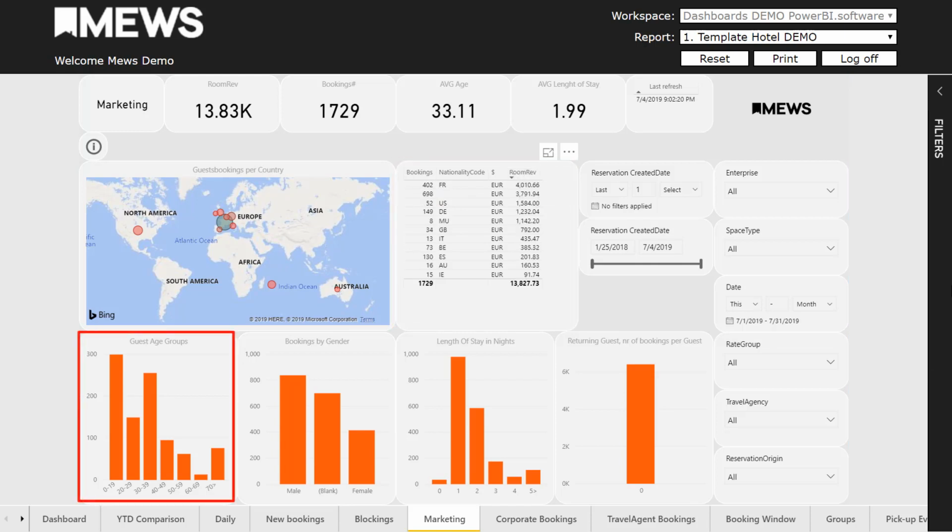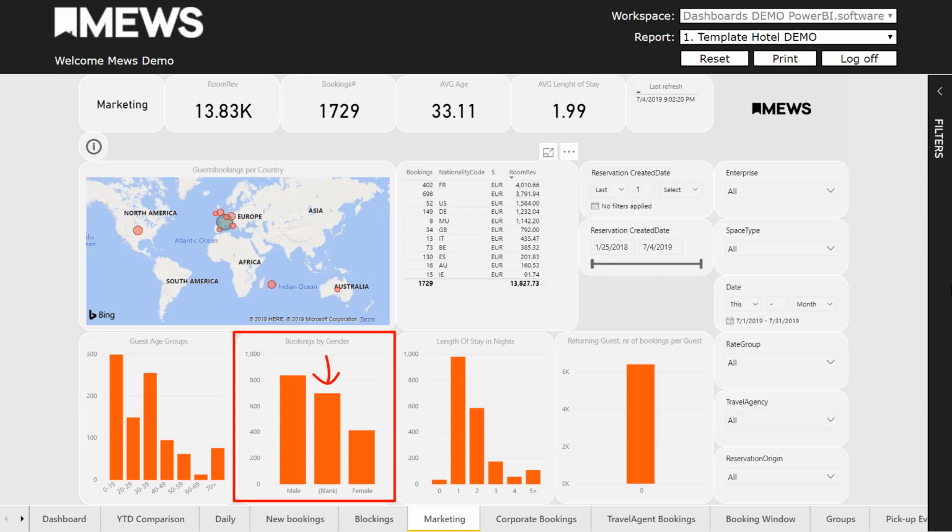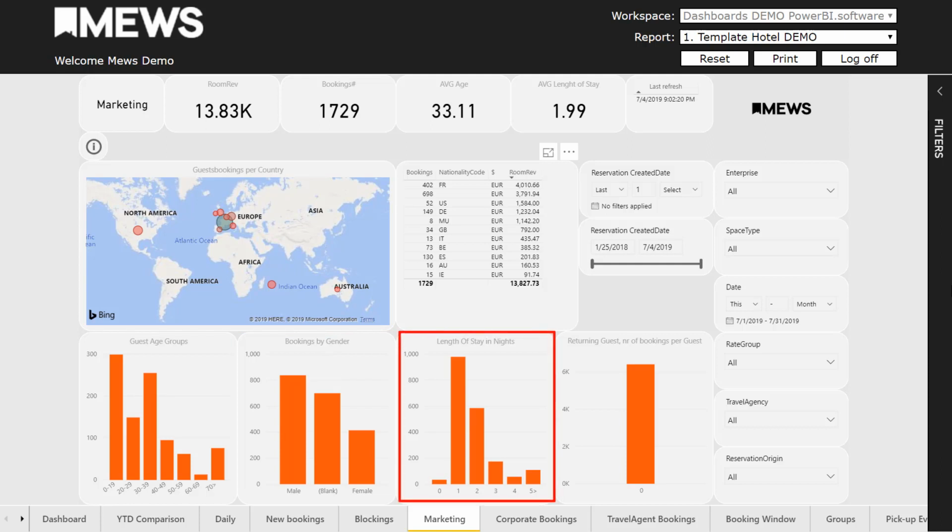The bar charts display the guest ages by groups, the bookings by gender, and if profiles have no gender indicated, as in this example, it can make the analysis biased. Then we can see the length of stay for the period selected, and information on returning guests with the number